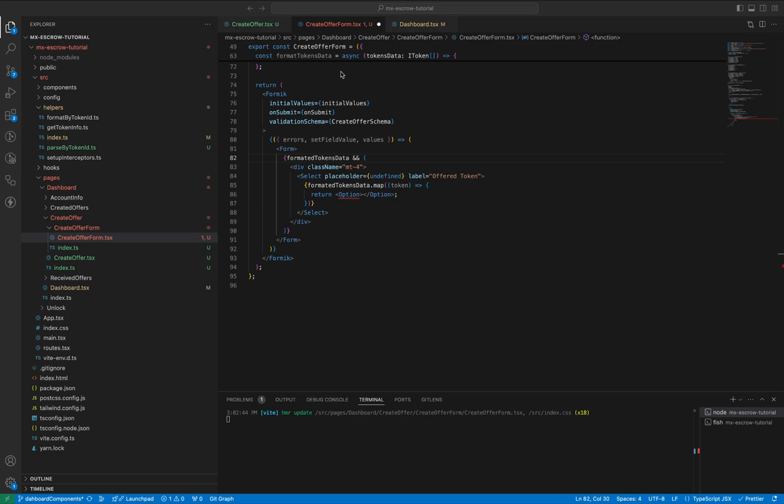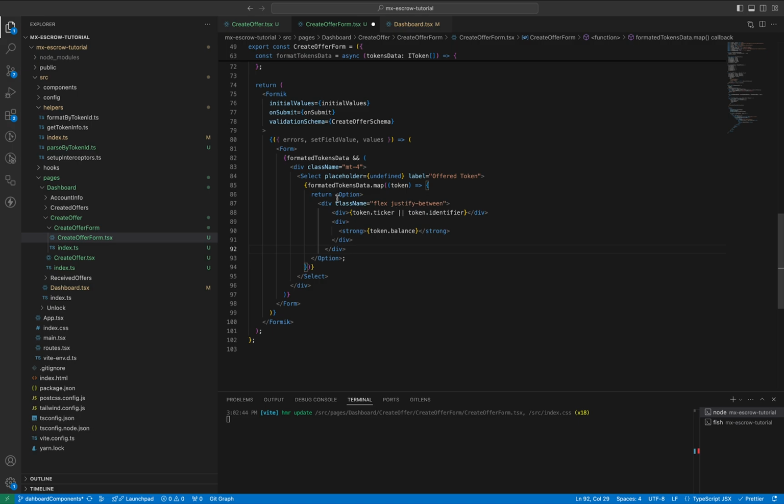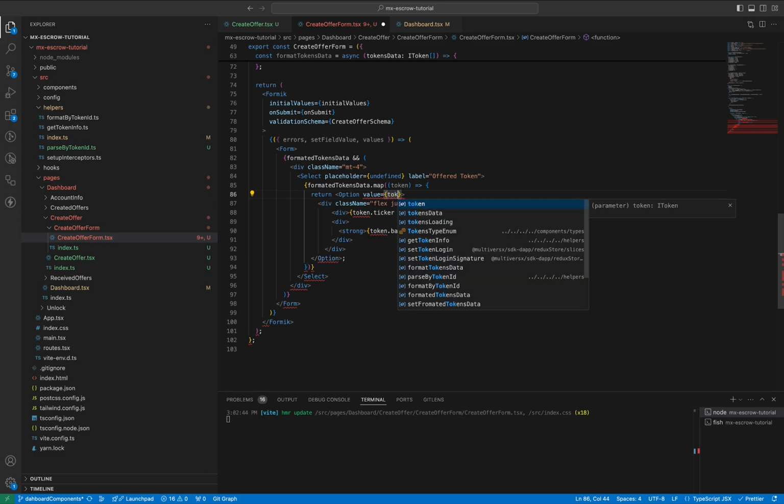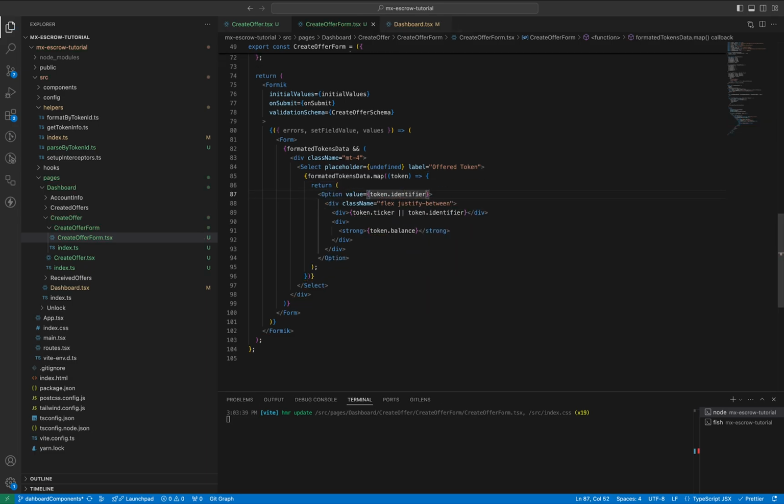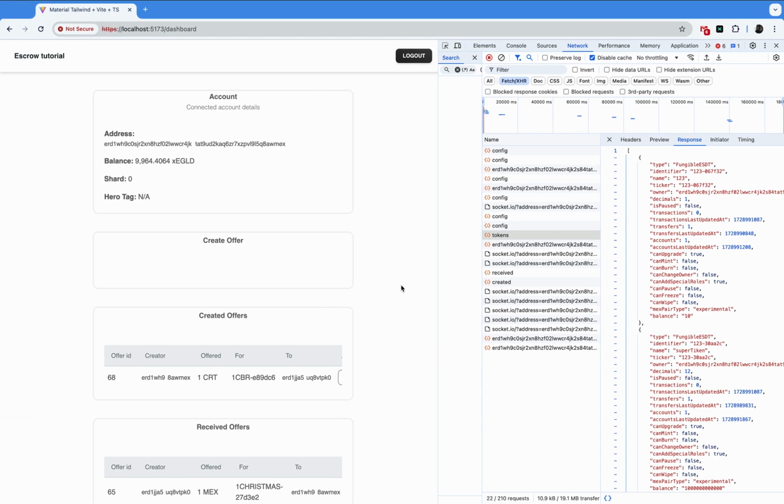Okay, and we will add some values in the option component as a child. This just adds the token ticker or token identifier and the balance to our field. Also, as a value for this option, we need to pass the token identifier. Now, if we have a look at our form,